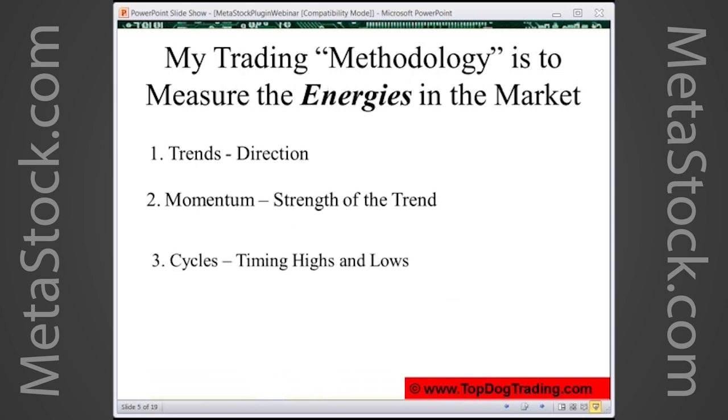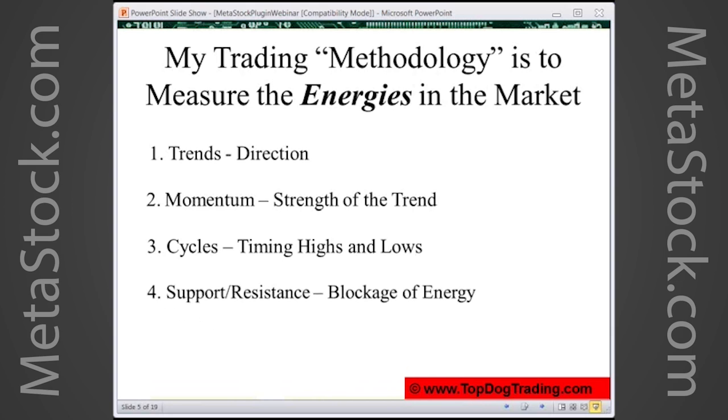Okay, number 3 is then cycles. This is the third thing we look at. And cycles is about timing. So here's where my mentor in Chicago was talking about how people can generally be right, but at the wrong time. So if we've got a strong uptrend, the trend is up, it's strong up, then the question is, okay, when to enter that trade so we don't buy, then get stopped out, and then it goes back up again. And we address that. We've got a cycle indicator to help us with that. That's super, super high probability.